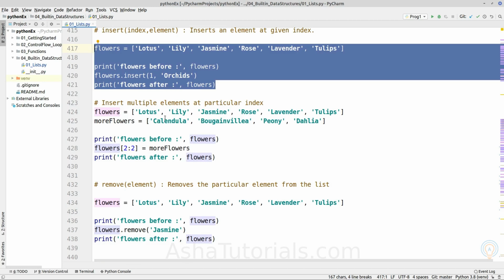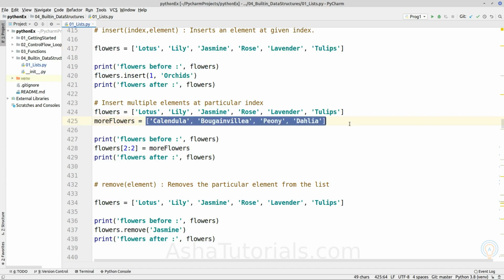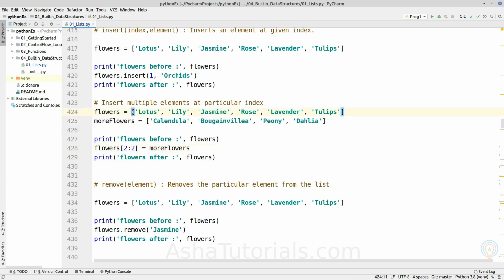If you want to insert more than one element at a particular index, we can do it with a slice. Here we have more flowers in a list and we want to insert all the elements of the list at index 2. So 0, 1 and 2. Here we want to insert all these elements.